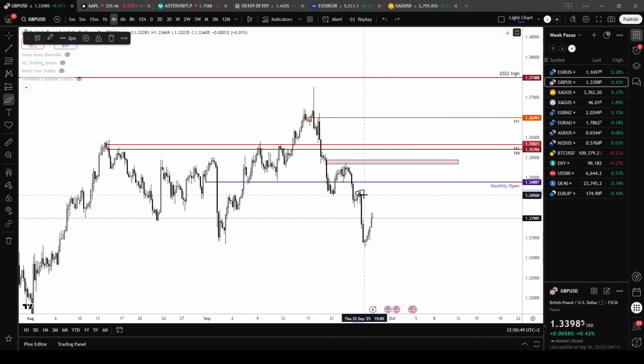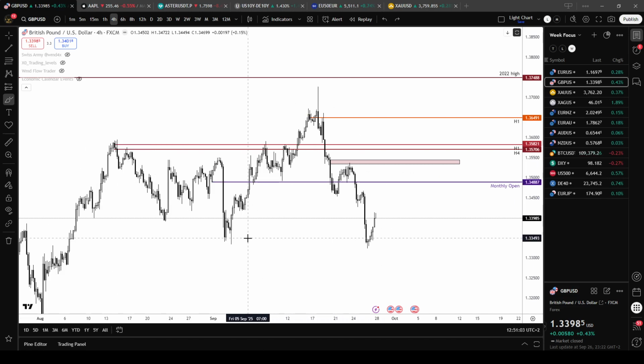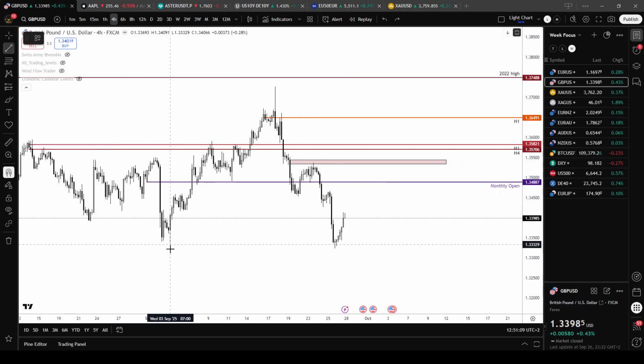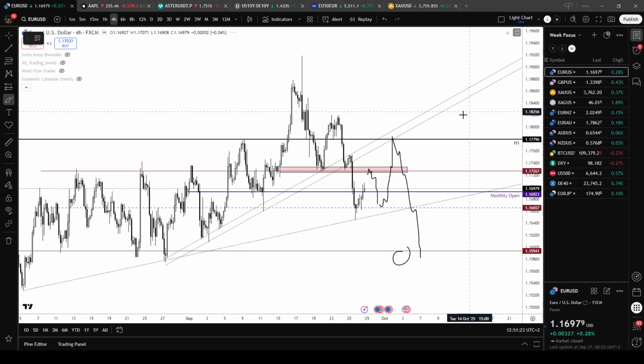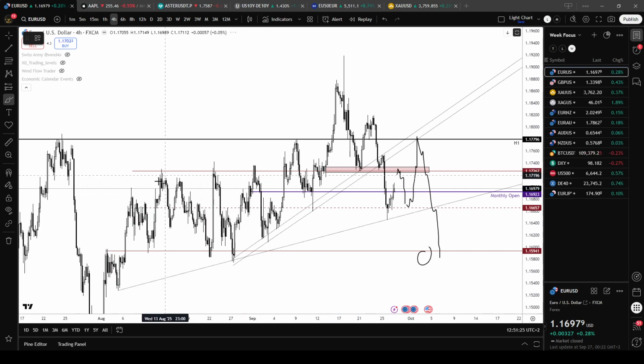Just above this area here, right? It would be golden because I really don't think it's going to breach this level here. But as I said, when you look at the pound, it's already swiped this low. So it's not like euro. When you see euro, it's still in this range,